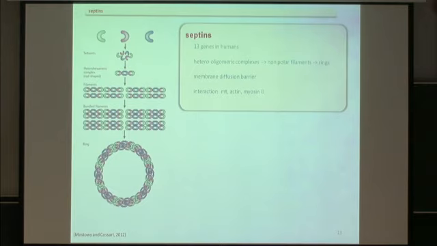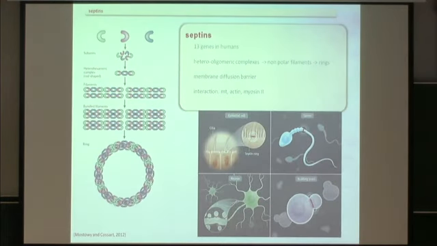Just to remember that they are, or to deduce them, there are at least about 13 genes in humans. They form heteropolymeric complexes which can form filaments. These filaments can even bundle and tend somehow to form rings. They are involved in the establishment or the maintenance of membrane diffusion barriers. Examples are